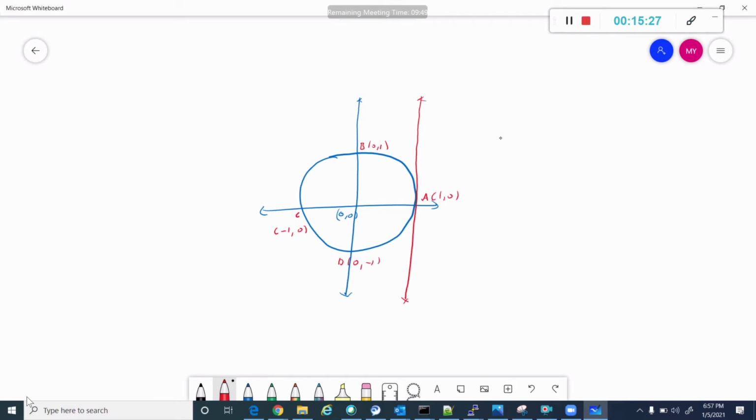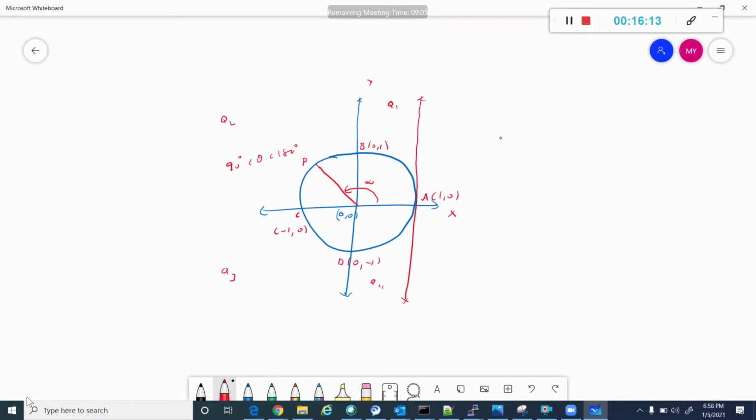Now I have rotated through an angle alpha, which is obtuse. This is my Q1, this is Q2, this is Q3, this is Q4. In the previous diagram, we saw that I rotated through an acute angle, so that it came only onto Q1. Now I have rotated through an obtuse angle, between 90 and 180, say my OA came to OP. So this angle is alpha. Ria, what are the coordinates of P?